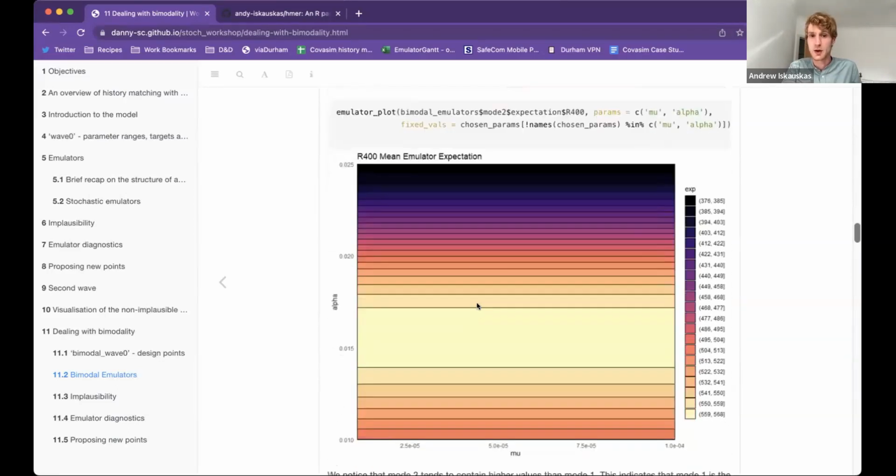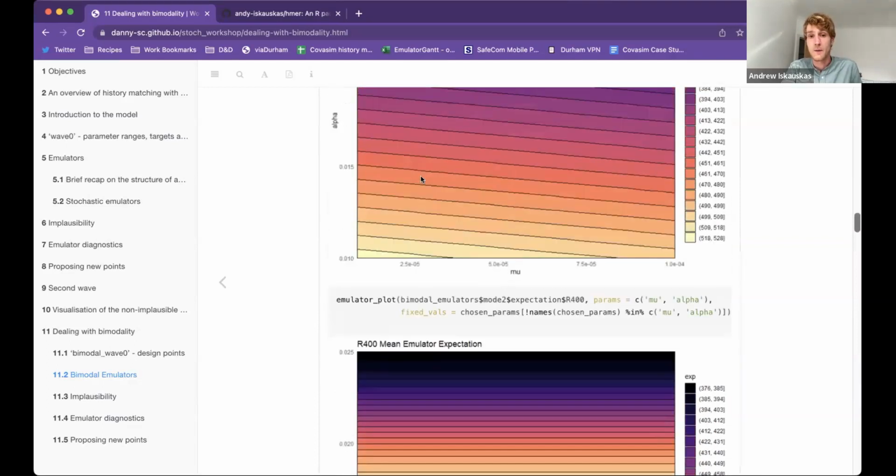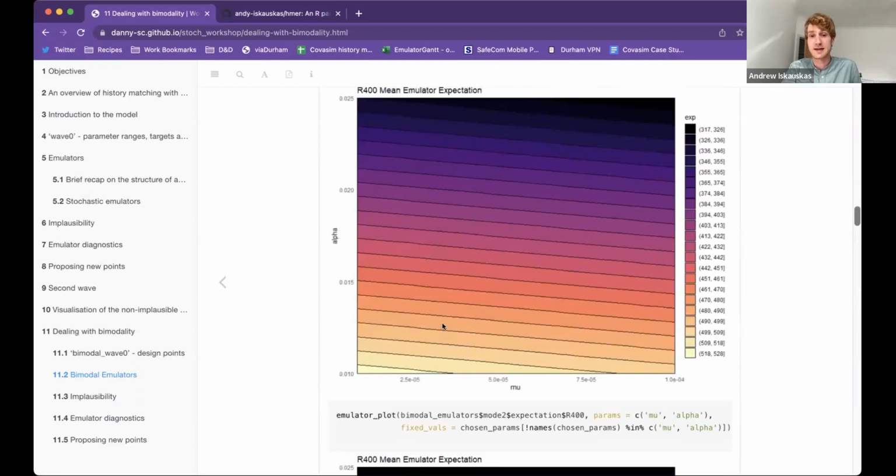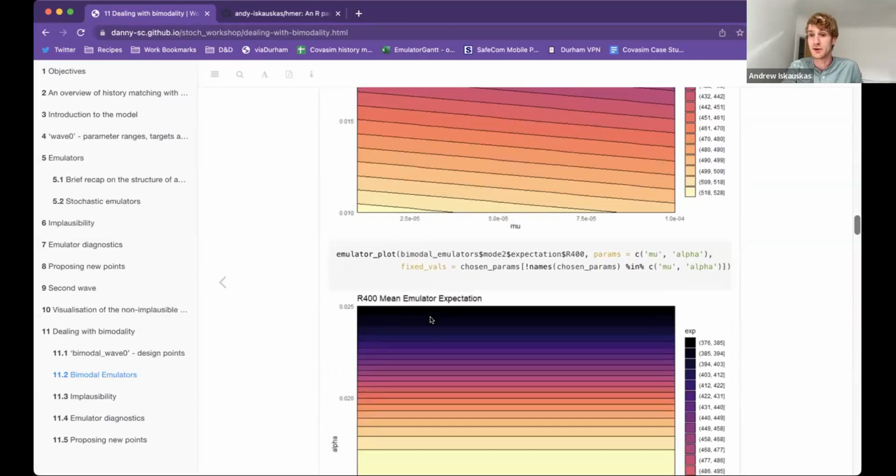If we look at our second mode, well, we actually get vastly different behavior. And it doesn't necessarily look like it's vastly different initially. Again, we've not been hugely influenced by data because there's no training point close by. But actually, the fact that there is no change as we vary mu tells us that in this second mode, mu is not active. Mu is not actually doing anything. There is a qualitative difference between these two modes that if we hadn't treated them differently, we just simply wouldn't have noticed. So we can see even from a relatively simple circumstance where these are just linear models and they're not really being influenced by data in this particular slice, there is a large difference between these two modes,